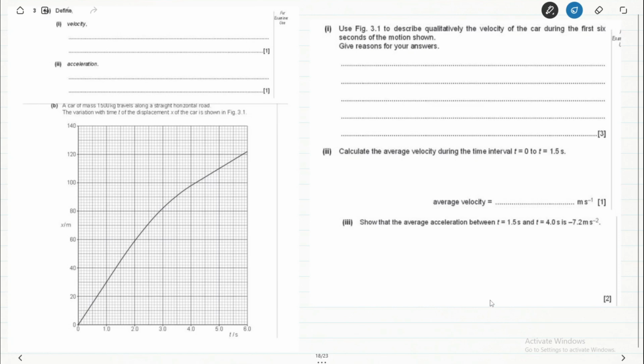Now, going one step further, define velocity. So velocity is rate of change of displacement, or otherwise said, change of displacement per unit time, which is also fine. Now acceleration is the rate of change of velocity. All right. Now, the graph